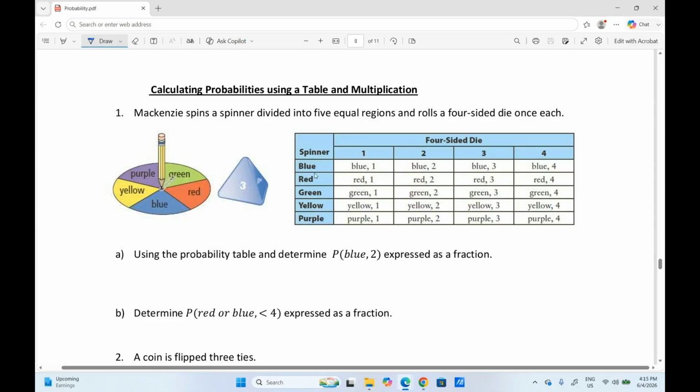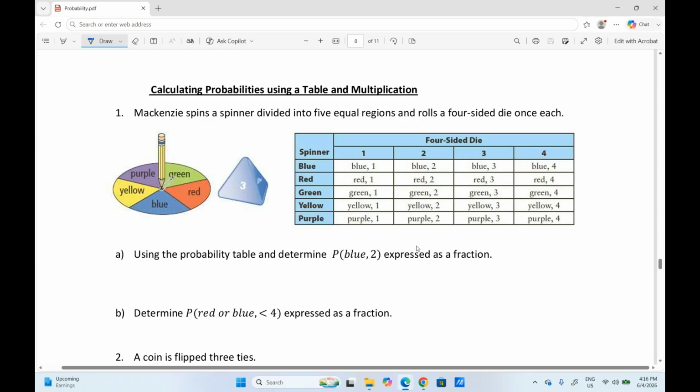So for example, you could spin a spinner, land on blue, and then roll a 1. You could land on blue, roll a 2, land on blue, roll a 3, or land on blue and roll a 4. But you could also land on red when you spin the spinner and also roll a 1, etc., right? If you add up all of the possible outcomes from this sample space table, you'll notice that you have 1, 2, 3, 4, 5, 6, 7, 8, 9, 10, 11, 12, 13, 14,